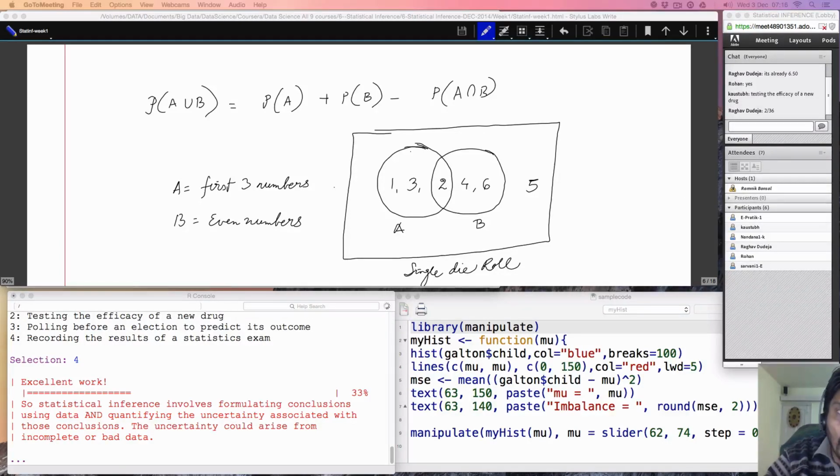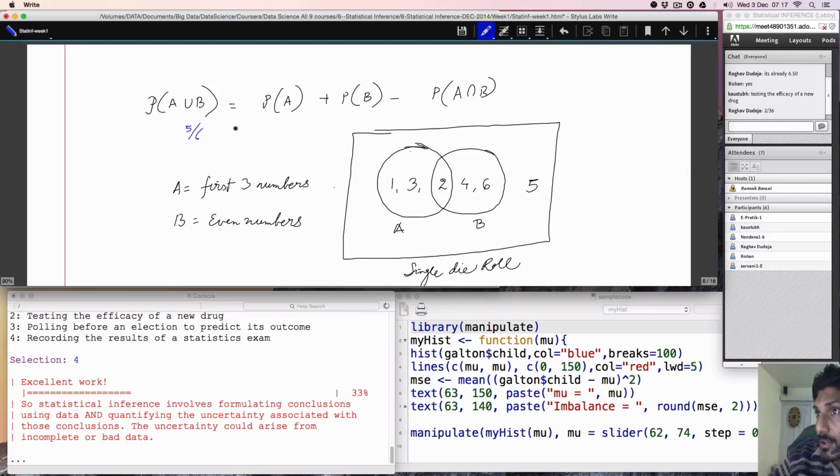Know that whenever we talk about probability, it has to be less than or equal to 1, between 0 and 1. So your probability will be, 6 outcomes overall, right? A union B covers 5 outcomes, which means 5 divided by 6, right? So the probability of A union B will be